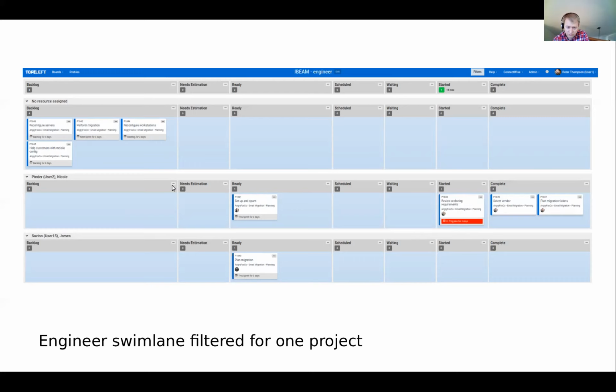You can do it per column. It'll do it for the whole swim lane. And in fact, it'll do it for the whole board, all of the tickets there. So you get an idea, okay, we've got 400 hours of budgeted hours on all the work on our boards. Of course, 400 isn't good or bad, but you can use it to monitor your own work to say, okay, this is increasing, this is decreasing. We're 100 hours more than we were last month at this time, and things like that.